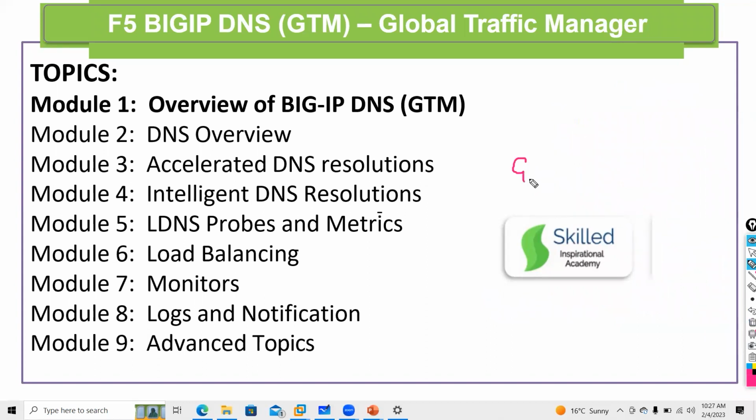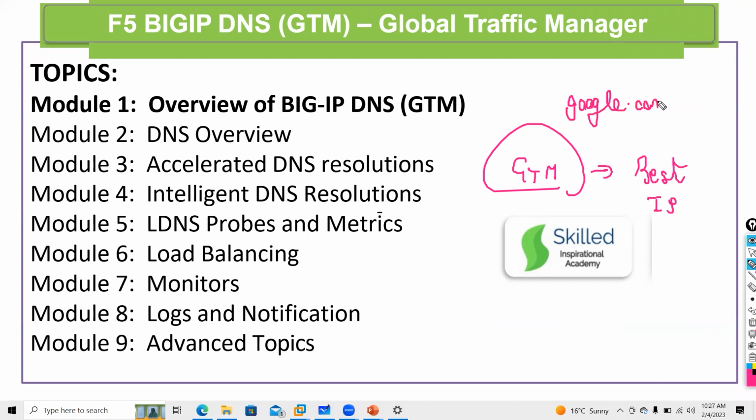So GTM's main role is to provide you the best available IP. When you access google.com, what is the role of DNS, guys? Anyone? When you access google.com, what is the role of DNS? DNS will give you the IP, name to IP resolution.